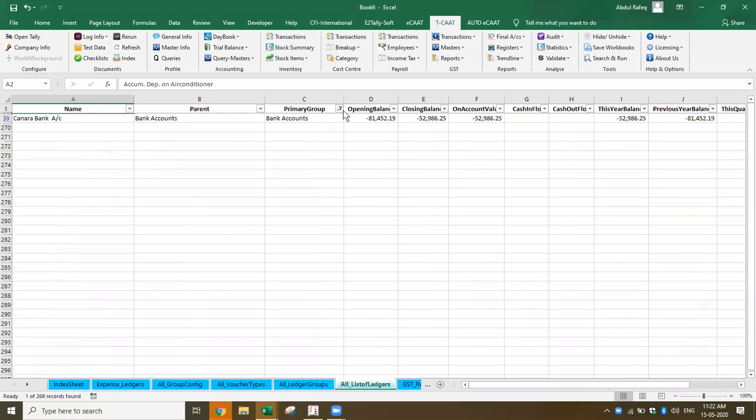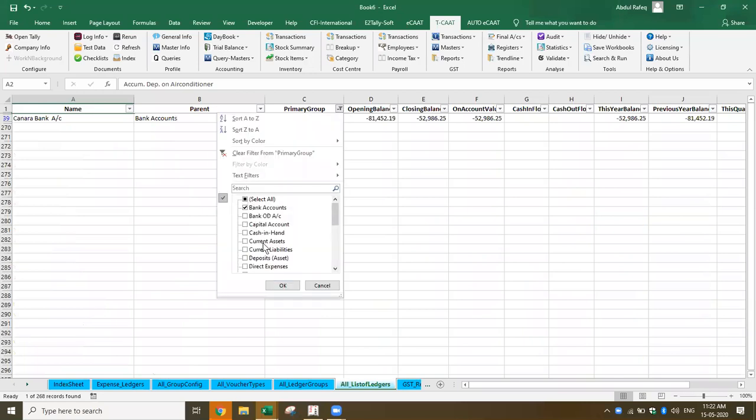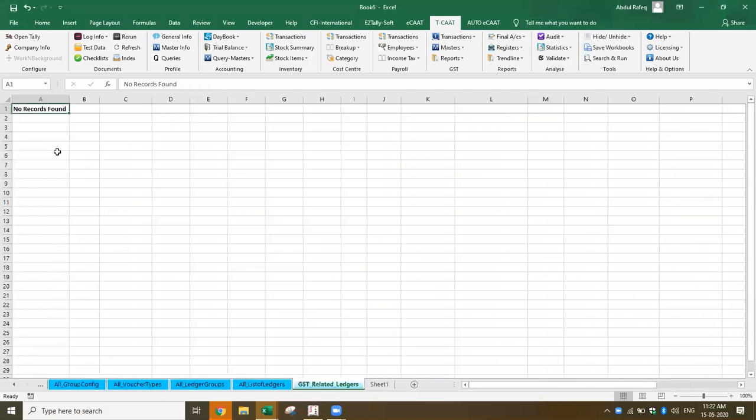So it means you can extract all the masters from Tally and then do the analysis, based on which you can prepare an audit plan. Similarly, if there are GST related ledgers, you can get the parties for which they have set the GST related ledgers. In this case, because of the old data, there are no GST related ledgers. Now, this is as far as the master data is concerned. And this is what is available in the general info, master info.